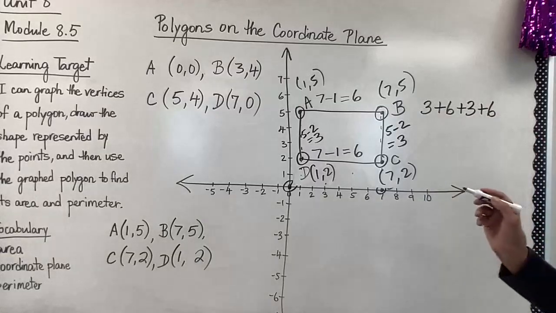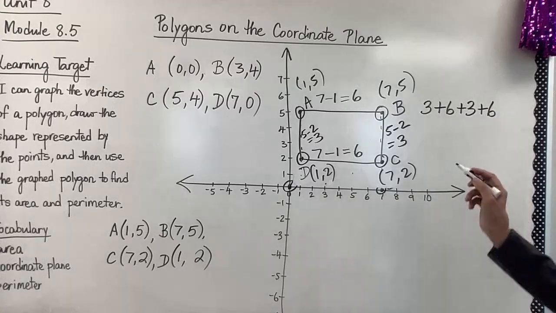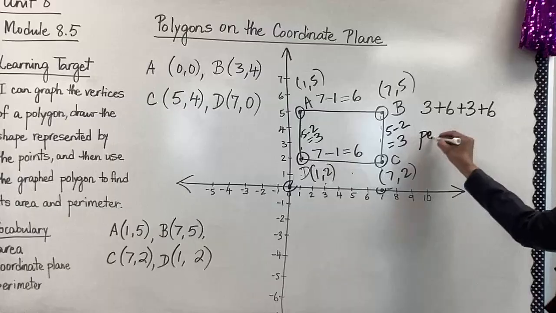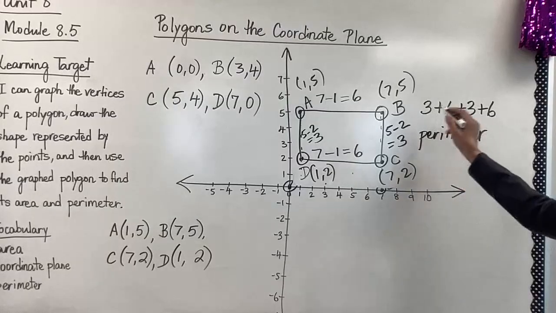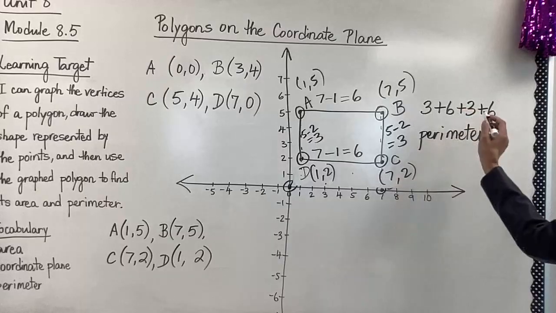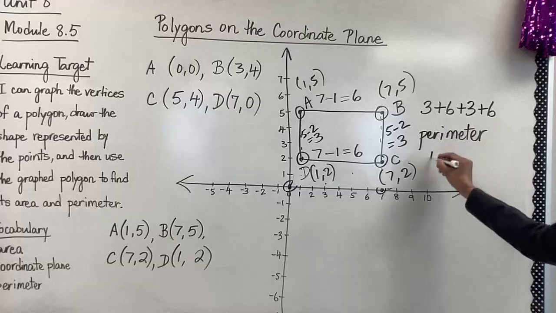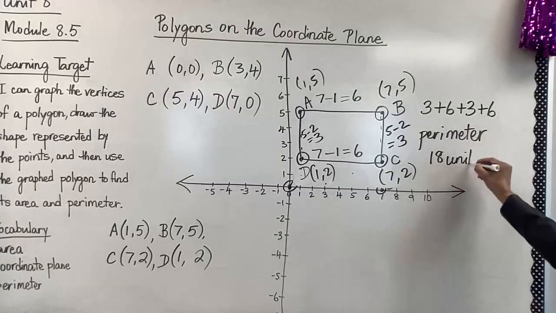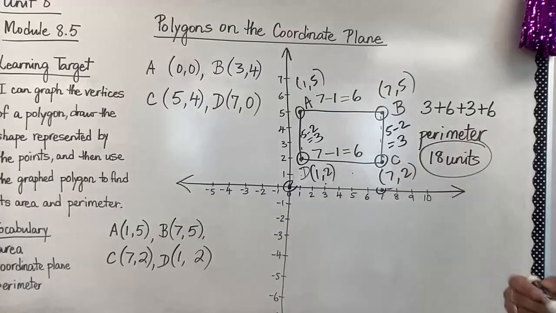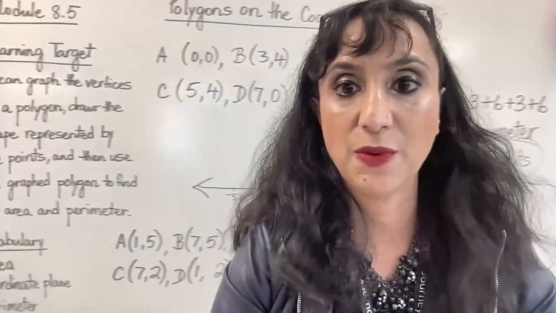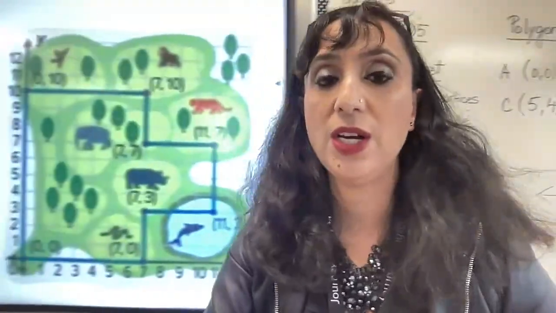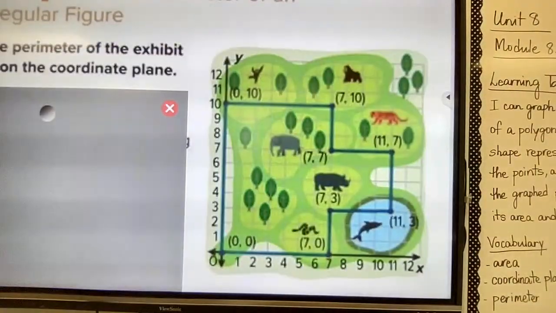And that gives me that the rectangle ABCD has a perimeter of, what is this? 9 plus 9, because 3 plus 6 is 9 plus 9. And that gives me 18 units. But this is one way to solve the perimeter of a rectangle or any polygon that is provided to me. I'm going to take you here. I just wanted to show you before we do this one. Let me just go back